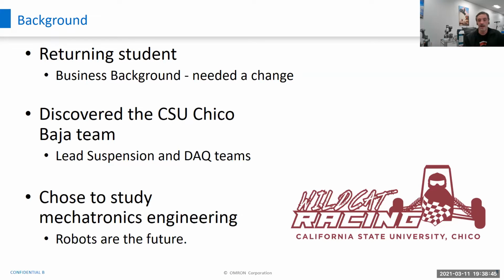We have an idea, we think it's going to work one way, we put it on the car, we take some data, we analyze the data, and we see, were our calculations correct or were we way off base? So even though I wasn't on a robotics team at Chico, I found a way to incorporate mechatronics into what I was doing.